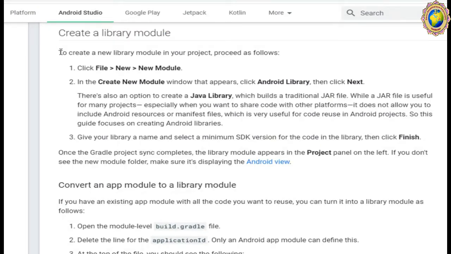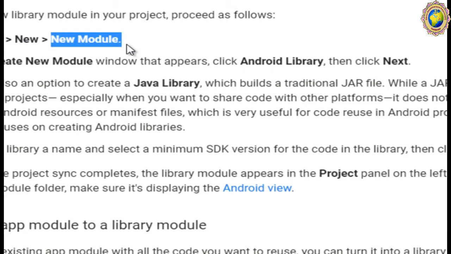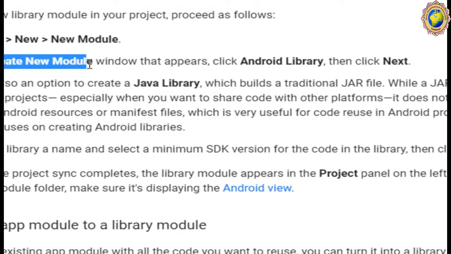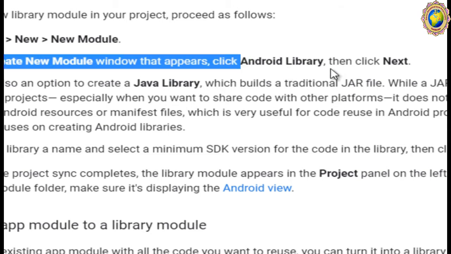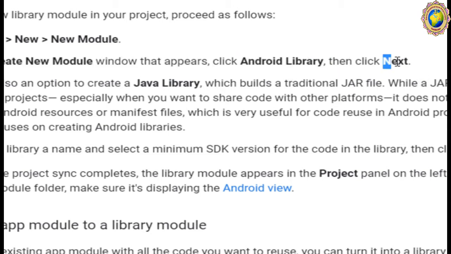Okay, so to use the new library module, it follows. First you have to select File, then New Module. Okay, so you can create a new module window with the Android library appearing, then click Next.